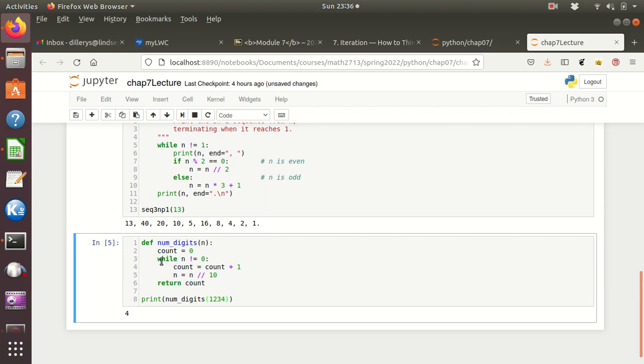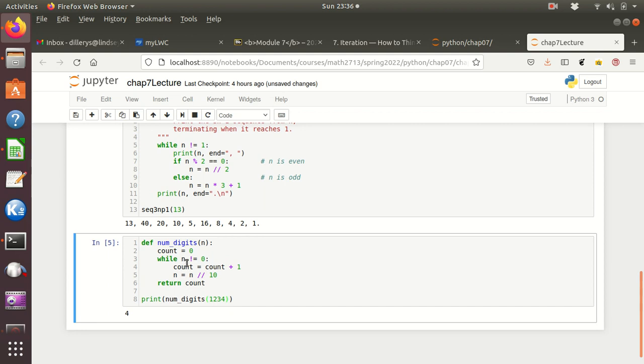So while it's not 0, we're going to add 1 to the count because we came in here, so that's one digit. And if we take the number and divide it by 10, think about that, we've got 1, 2, 3, 4. Integer divide by 10, and so we'll just get 1, 2, 3,